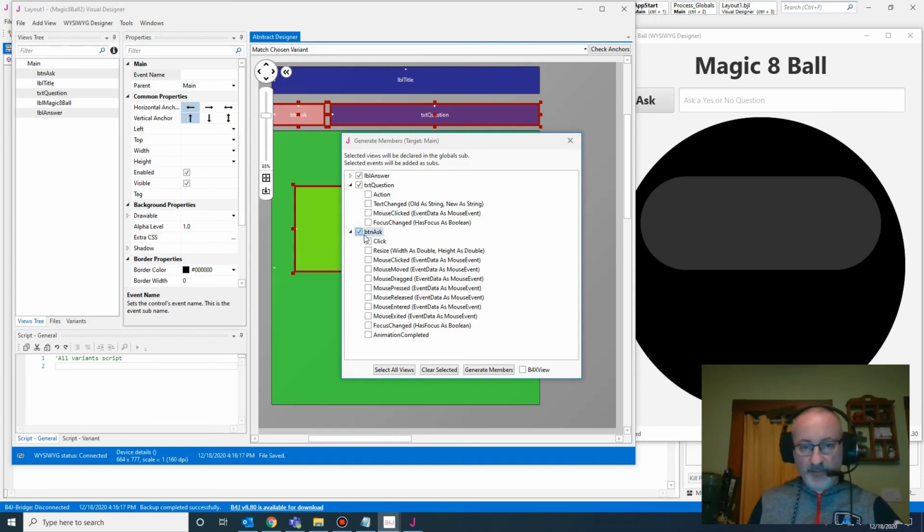So for a button, and I know it's a button because it says BTN, we need to give it a click event. So we'll choose click. And for the text field, we want to give it an action event. The reason for this is that, let's say you type something in the question box, and then rather than clicking the ask button, you just press enter. You want it to be able to respond to that too, so that's why you would choose the action event for the text field. So once you have everything selected that you want, go ahead and hit generate members,